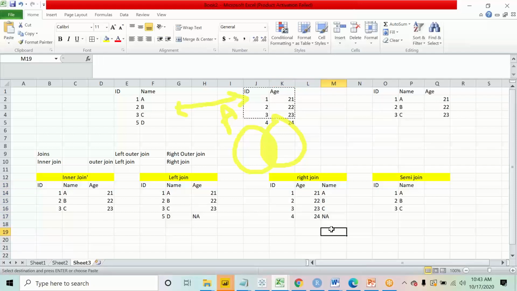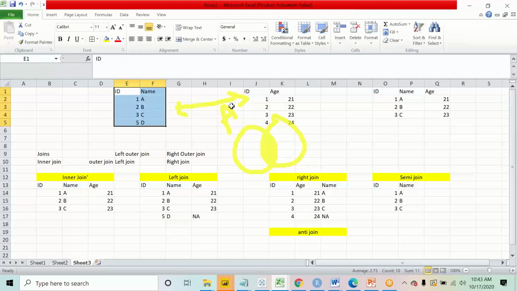Okay, similar to this, the last type of join is called anti-join. What is anti-join? As the name tells, anti means something that is present in table 1 but not in table 2. If this is my table 1 and this is my table 2, what is the information that is present in table 1 but not in table 2?